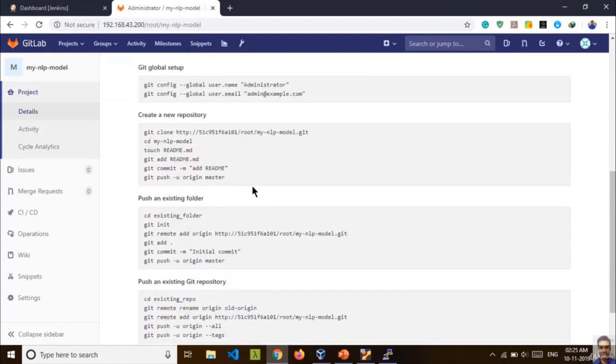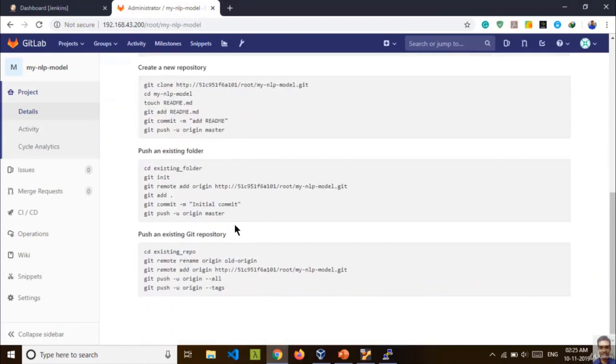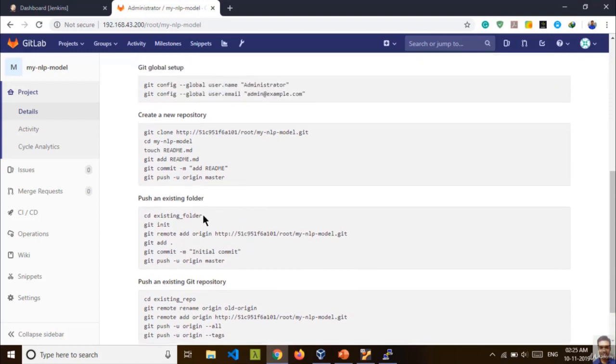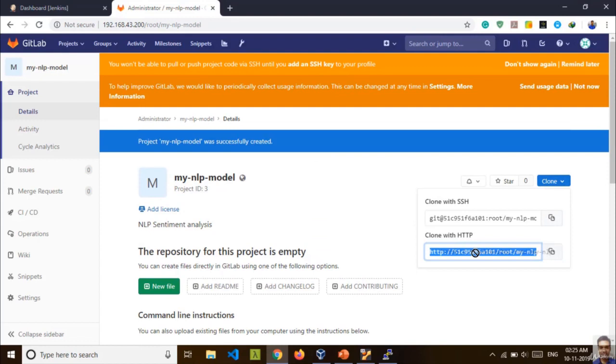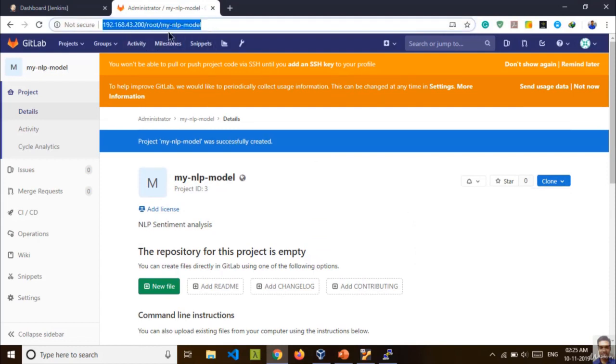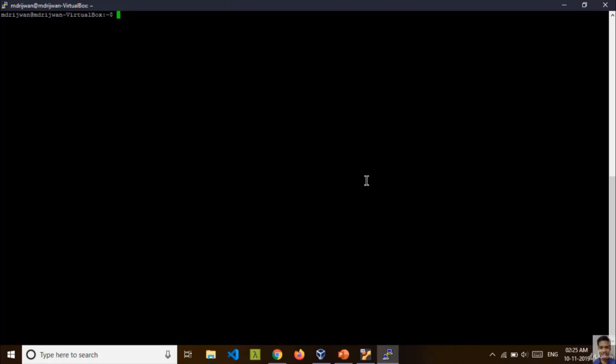All the configuration is given to you. You can just go and check it out. You don't have to clone from here because it will give you the container ID, since we are running inside the container. It will copy this repository link, and we go to our